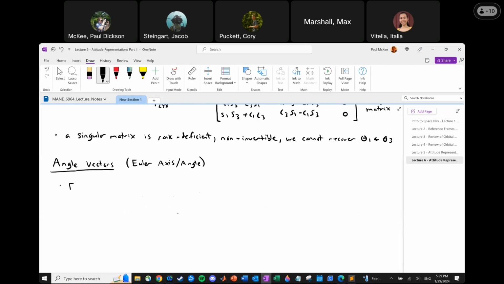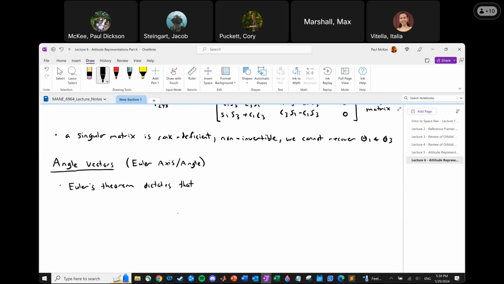Euler's theorem, which we're actually going to talk about in a minute. And that's not to be confused with Euler's equation or Euler's formula. There are so many things named after Leonard Euler. I don't know how we can keep track of all of them. Euler has a theorem which dictates that